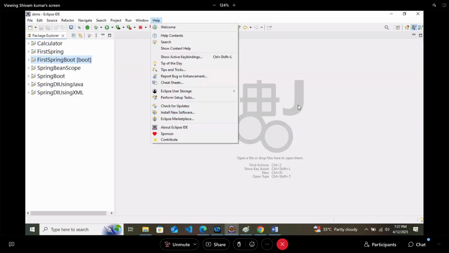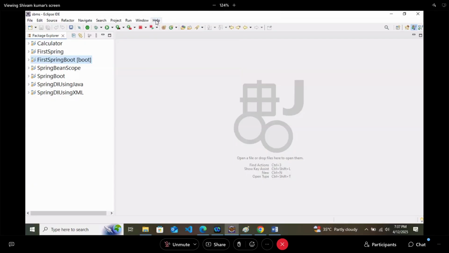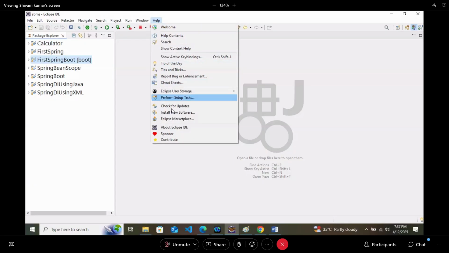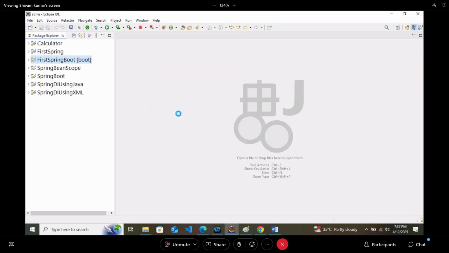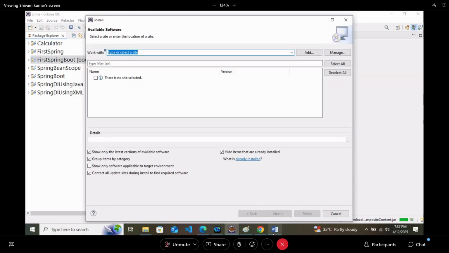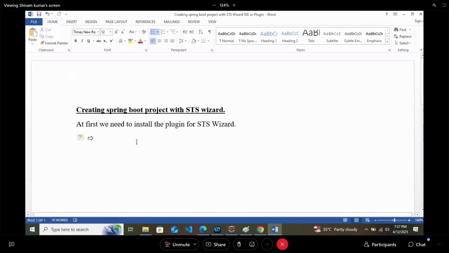You have to click on help, then click on install new software because we need to install a new software, tool or plugin. I'm mentioning the same thing there as well: at first you have to go to help and then to install new software.